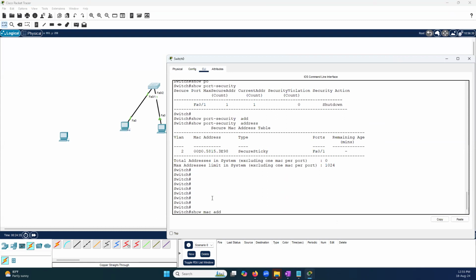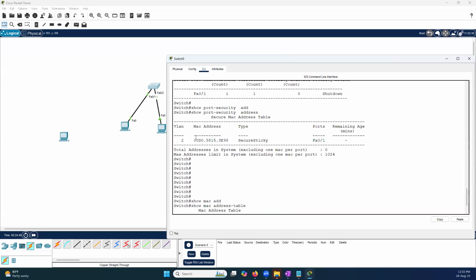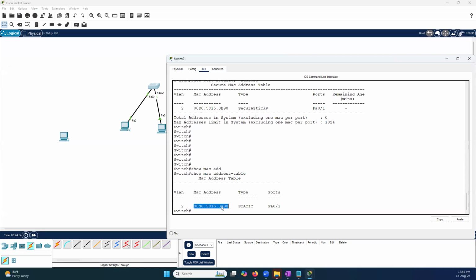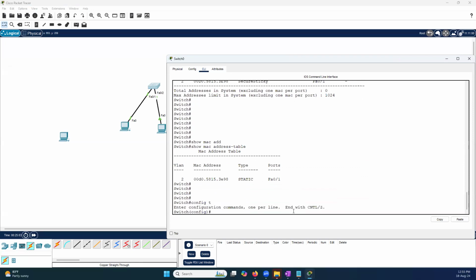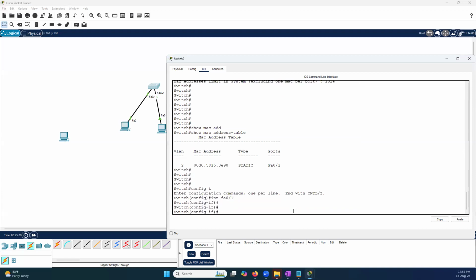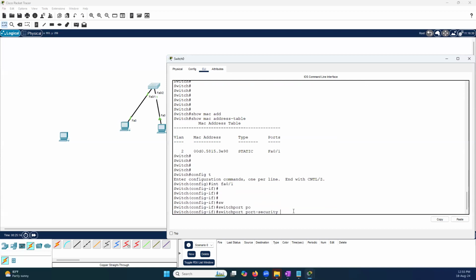So MAC address here, port number 1. Now what I will do, I will configure this MAC address as a sticky MAC address, for example. I have shown you the automatic, how it's going to take secure sticky. And if you want, you can configure the manual MAC address to permit from an interface. Okay. So what you will do, config t, go under interface 0/1, for example, and then switchport port-security, MAC address,